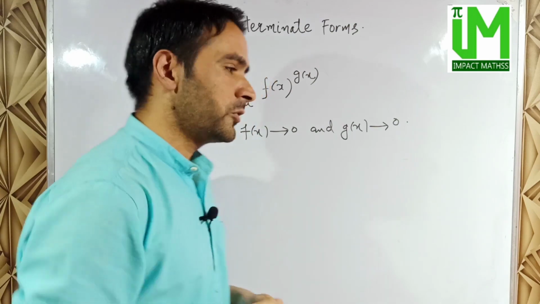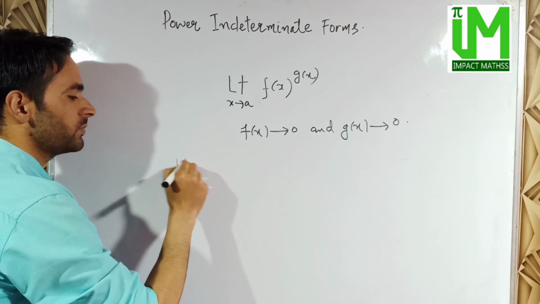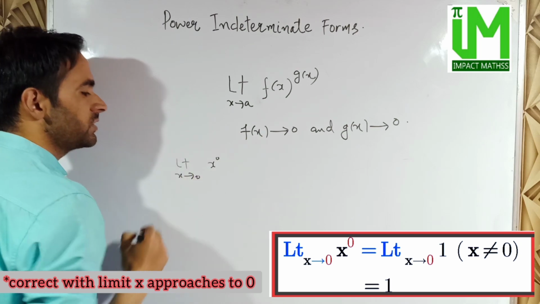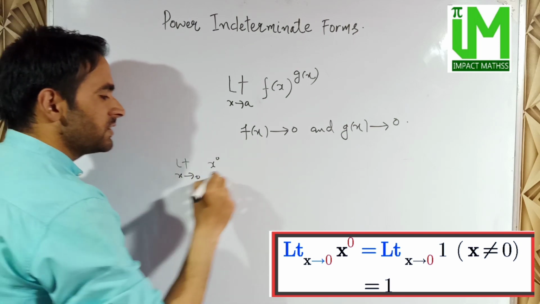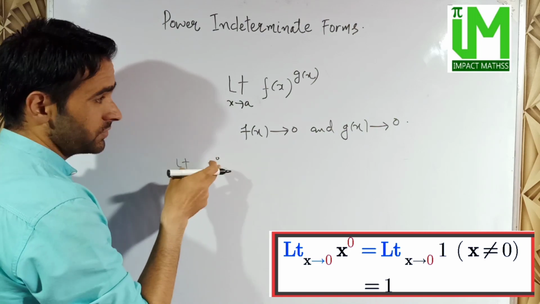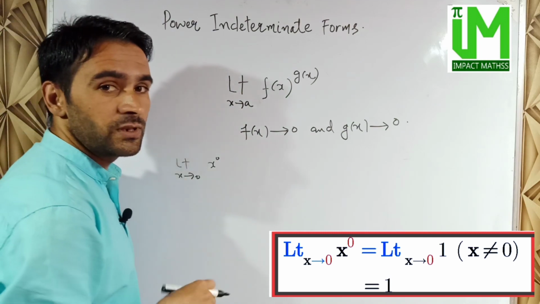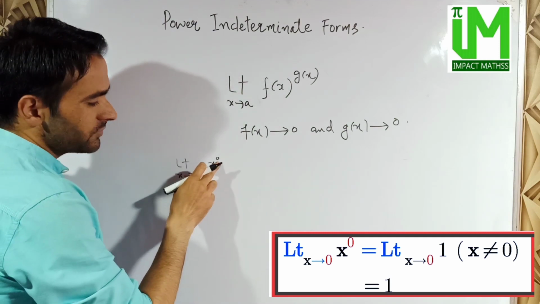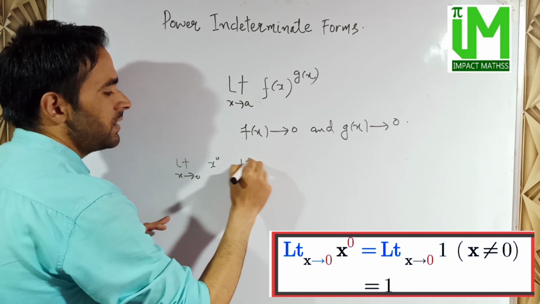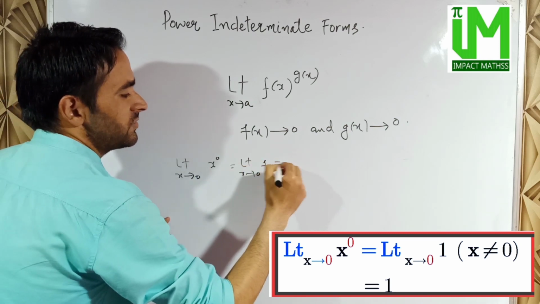So as an example, if we observe these two examples, if we have to compute limit x approaches to a, x raised to power 0, then simply we can say x raised power 0, any number raised power 0, with 0 as exception here because we say 0 raised power 0 is an indeterminate form. Now x raised power 0, this value will be equal to 1. So we can write limit x approaches to a, x raised power 0 is 1